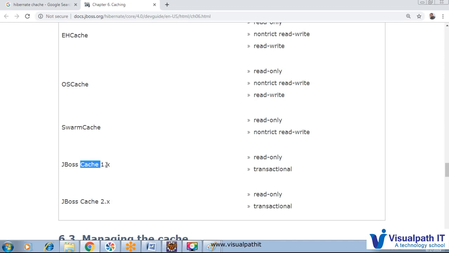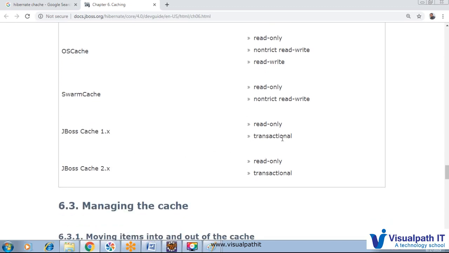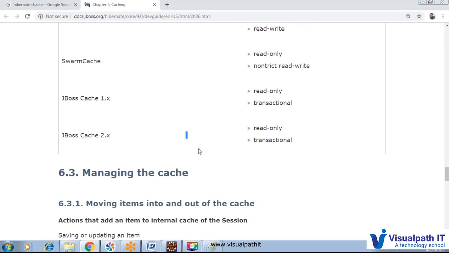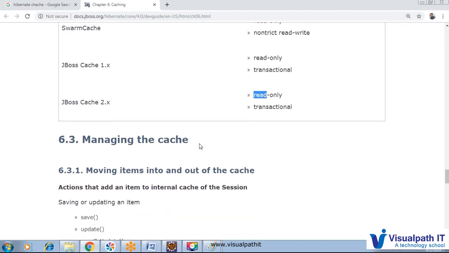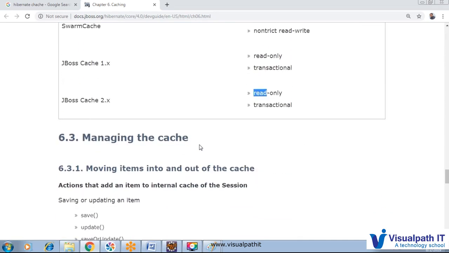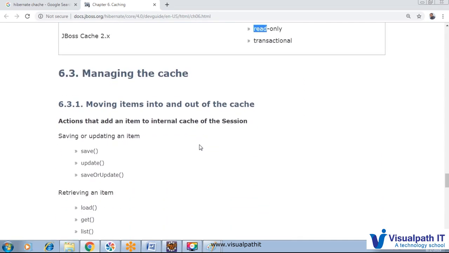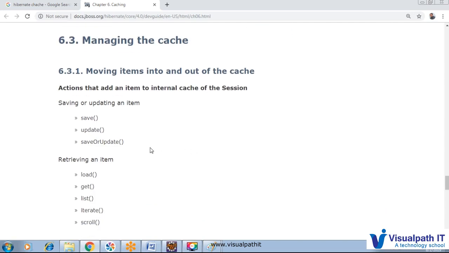JBoss Cache 1.x, that is a TreeCache, read only and transactional. JBoss Cache 2.0, also the same name, TreeCache provider with 2.x, that is read only and transactional cache. So we can utilize any cache, and how we can map the cache on top of this: save,